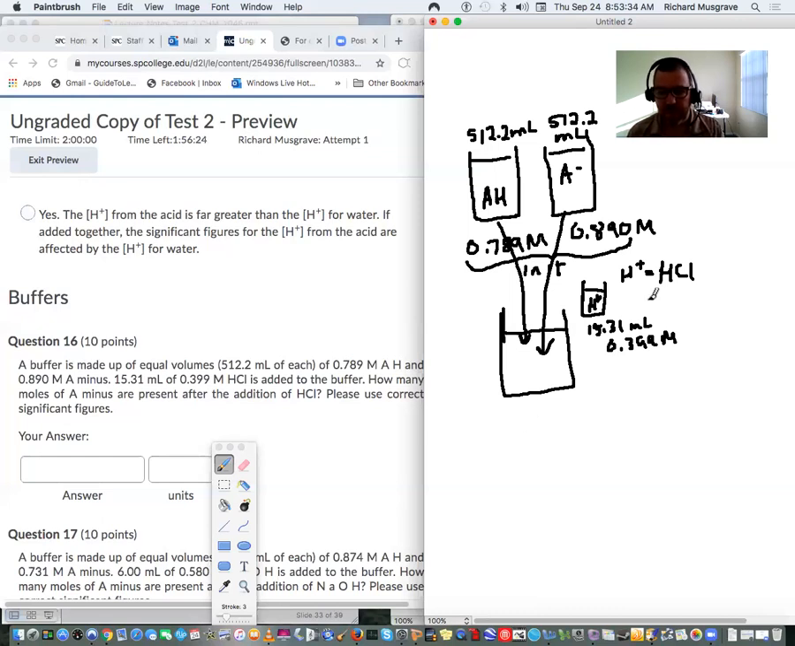So what we know is that the H plus won't react with the AH, but it will react with the A minus. What we're looking at here is how many moles of A minus are present after the addition of HCl. So the A minus is going to react with the H plus to form AH, which means the A minus is going down. See, in this buffer solution, that's what we've got, AH and A minus. The A minus goes down, which means that the new A minus